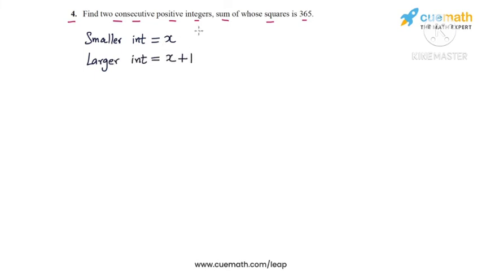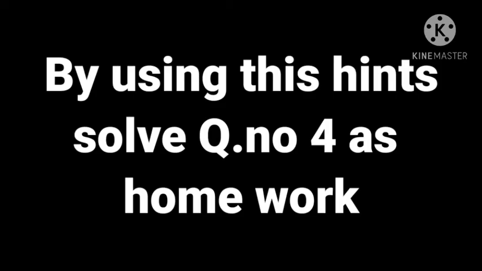Now we are told that the sum of their squares is equal to 365. So this means that x square plus the square of x plus 1 should be equal to 365. And from here,